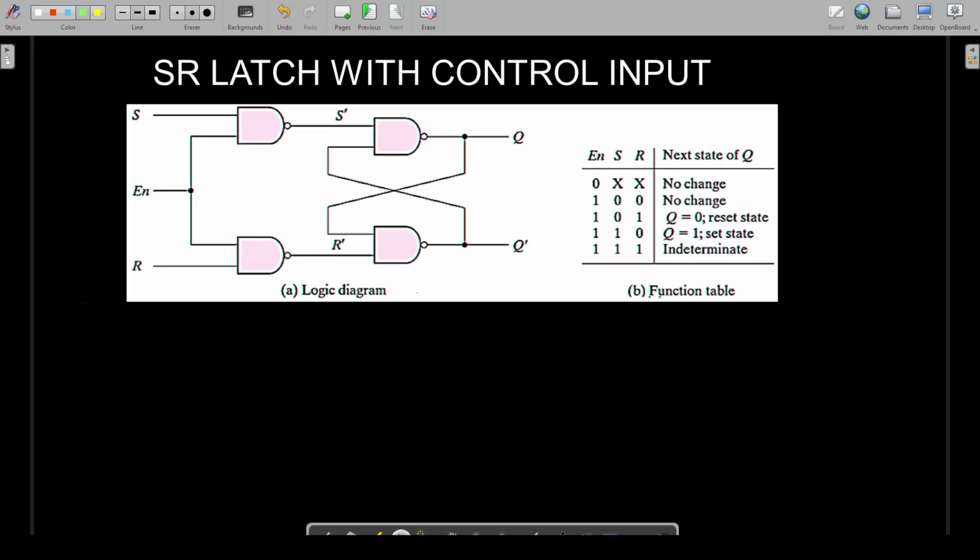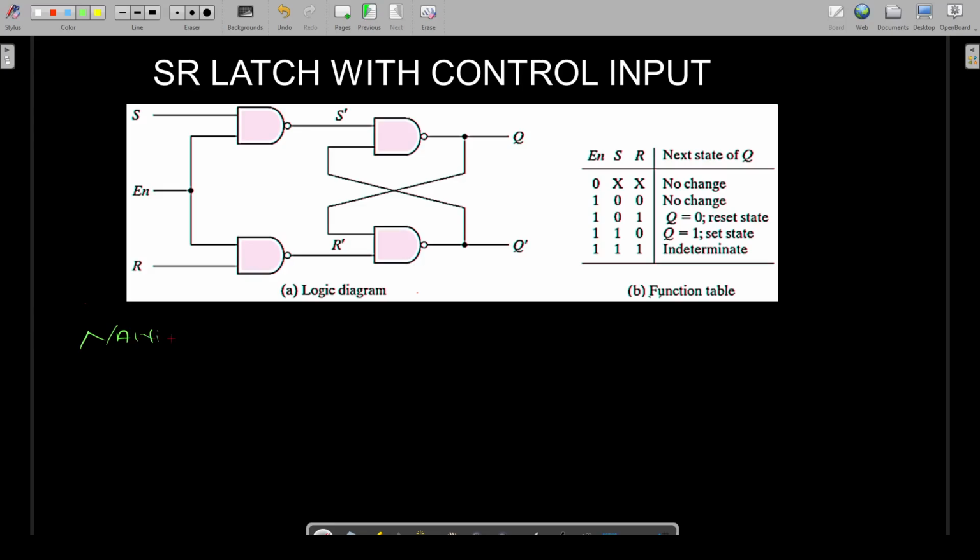In this video, we will see the working of an SR latch with a control input, and this understanding of the SR latch with control input will be used to understand the flip flop and whatever further flip flops we are going to learn about. Now, before we explain the SR latch with the NAND gate as a control input,